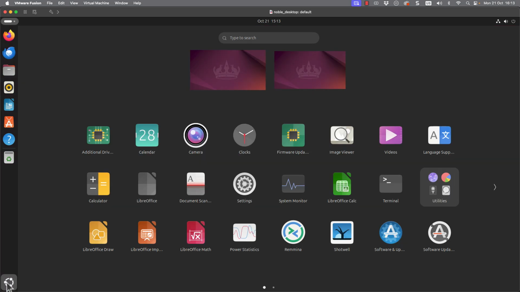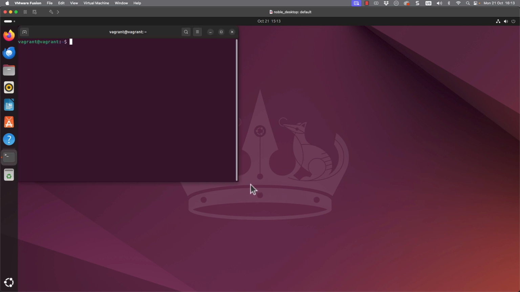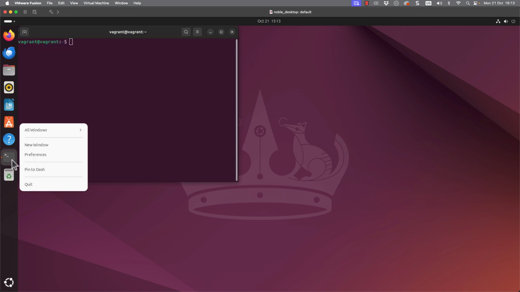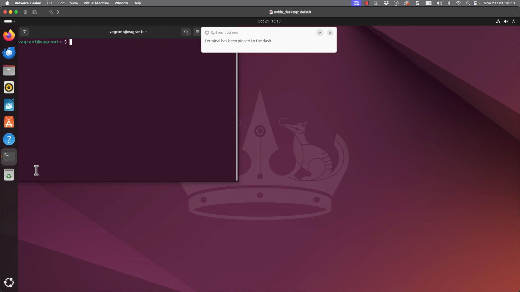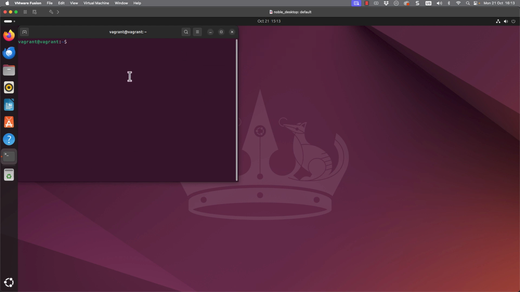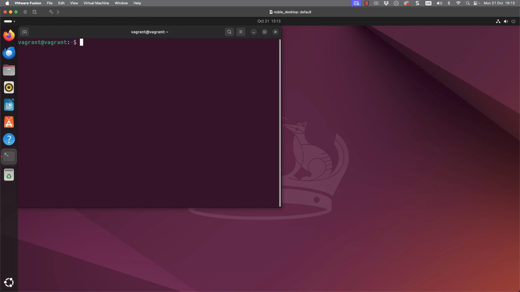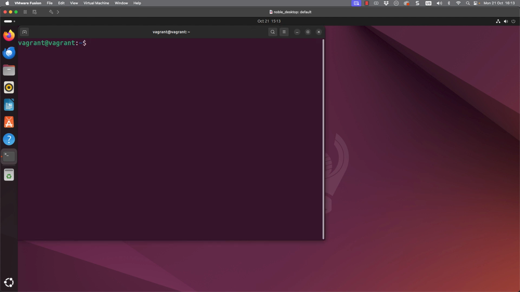And welcome to my Ubuntu Linux system. I can go through to all of my applications and move across to my terminal to give me the command line environment. I'm likely to use this many times, so I can also choose to pin the terminal through to my dash. Now the font is a little bit small, so we can use Control, Shift and Plus to make it a little bit bigger.